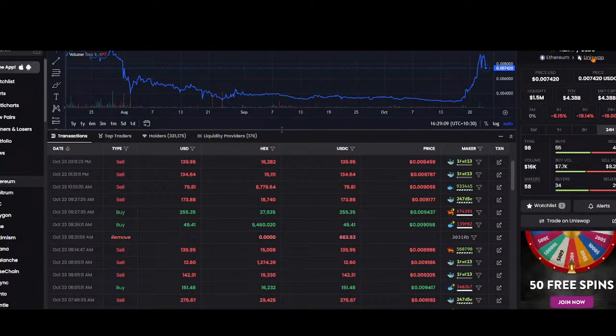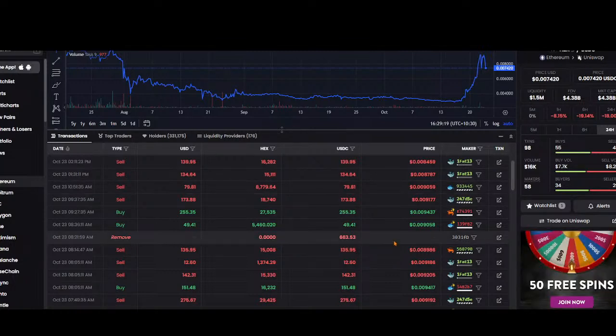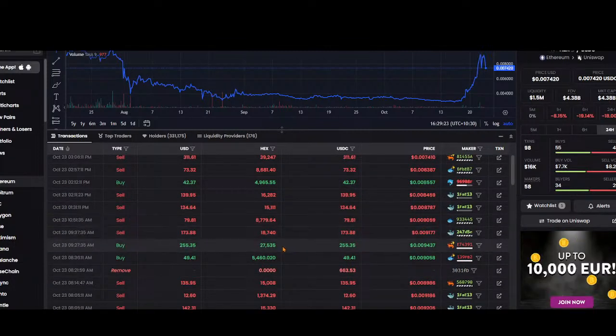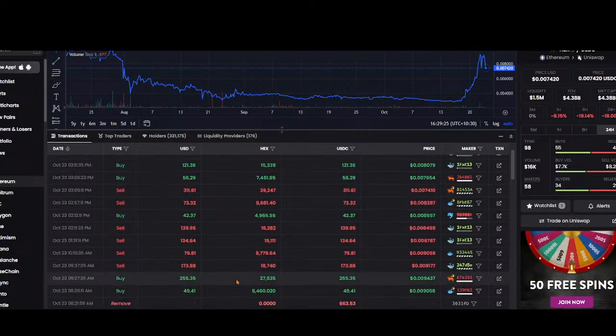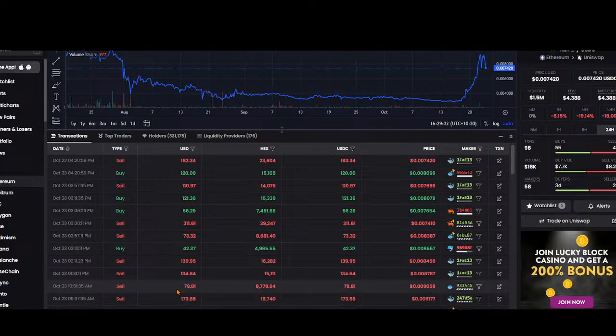Myself included. Randomly, it actually just dropped out. I'm not sure why. Now we see the LP, and what is it doing? We're seeing 0.09, 0.09, then it starts to drop. And it's dropping on extremely small sells. Now we did see some LP removed, but we can see here it's not one individual who's doing